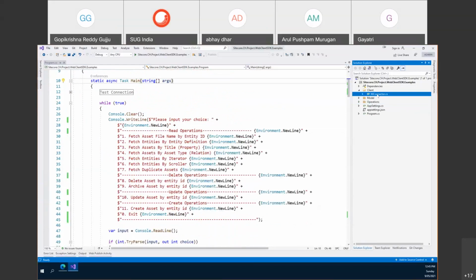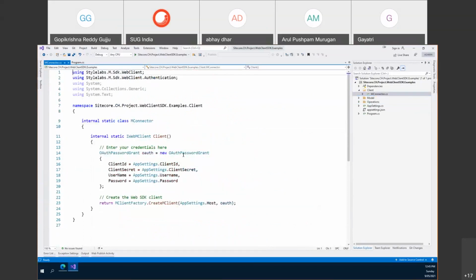Mainly we need a connector. So we connect through an OAuth client. We create an OAuth client ID, client secret, and username and password. The client ID and client secret will connect to the Content server, and the username and password is for which user we are trying to use these APIs. We create an API user for this, and based on whatever access that API user has, those are the operations we will be able to do.